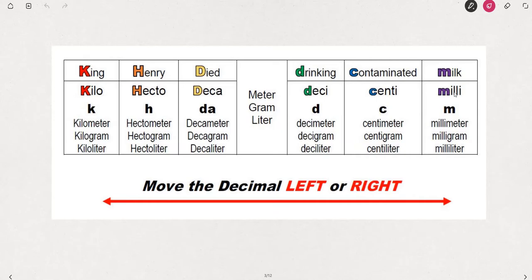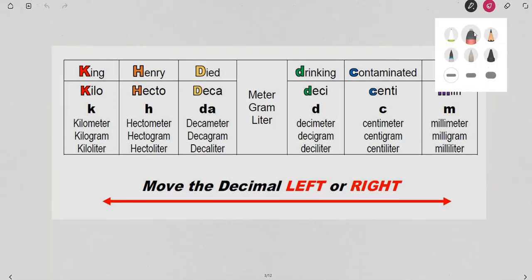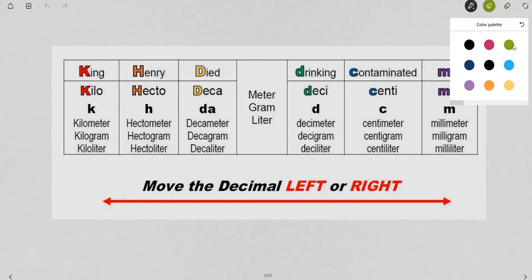If you wanted to go from a millimeter to a decimeter, that's 2 spaces, so 2 units to the left. So the decimal would move left 2 units. A number of people have memorized the main pieces of the metric system by using this mnemonic: King Henry died drinking contaminated milk. You do have to notice, you have to understand some things about the system to be able